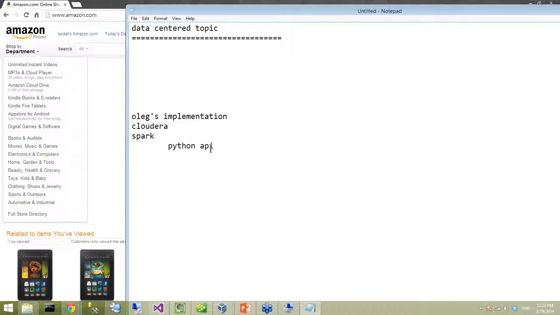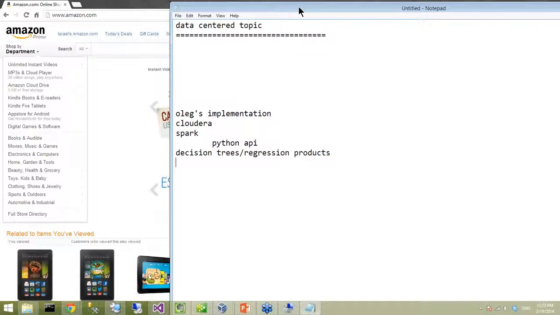Yep. And what are you guys analyzing? Well, our company produces predictive analytics algorithms, like decision trees, and we have some regression products. We are building products for other people to use. So now we need to go into the big data space too. The company has been around for 30 years, and the product line I'm working with is more than 10 years old.